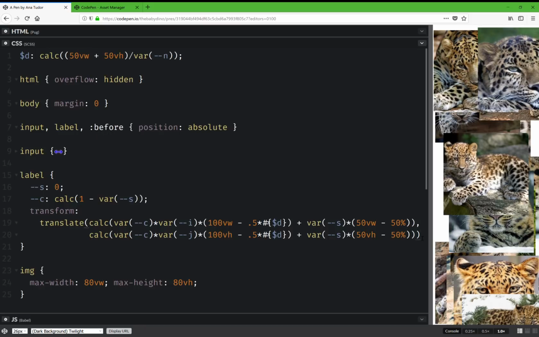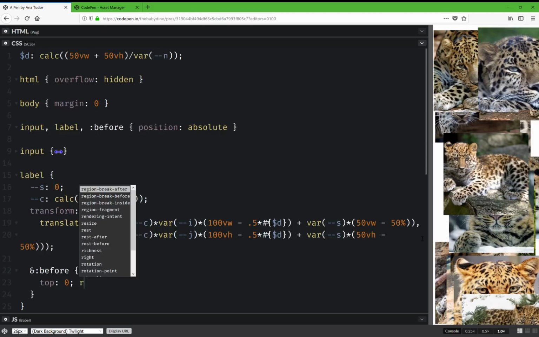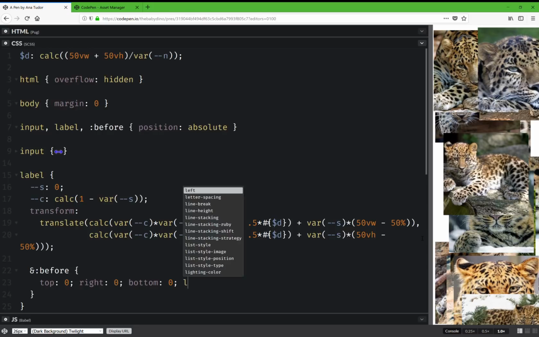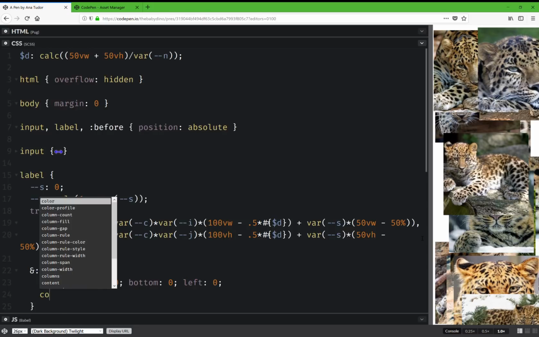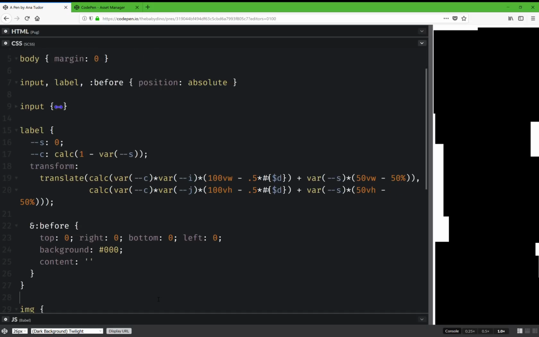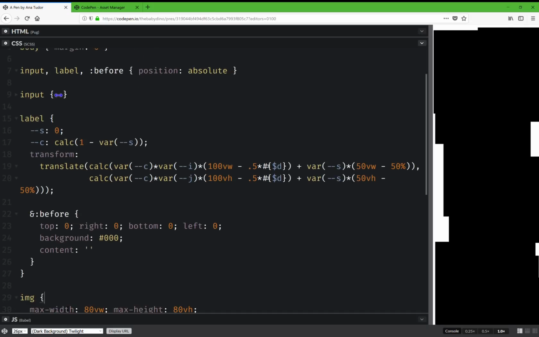And what I'm going to do with the before element, it's going to be top 0, right 0, bottom 0, left 0, content nothing, background black. Okay,